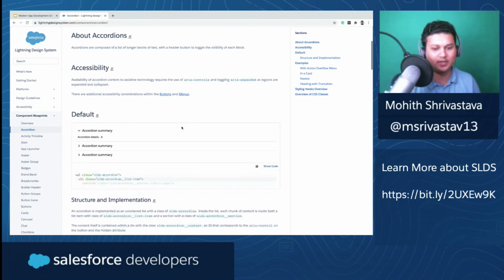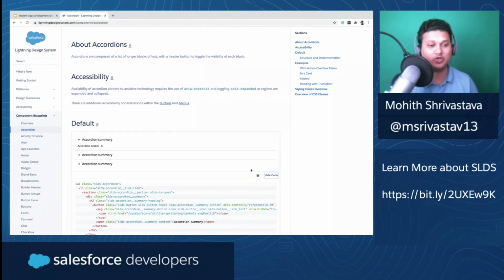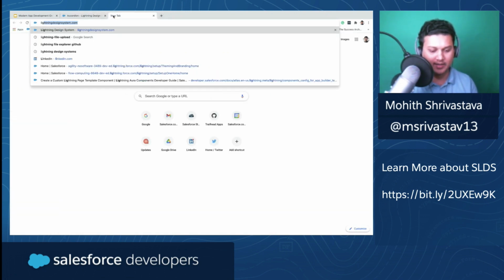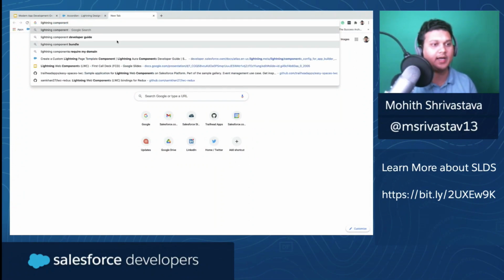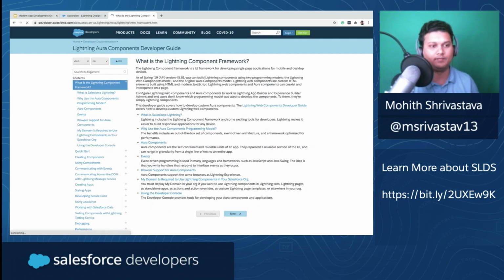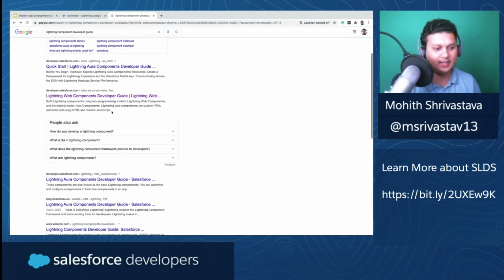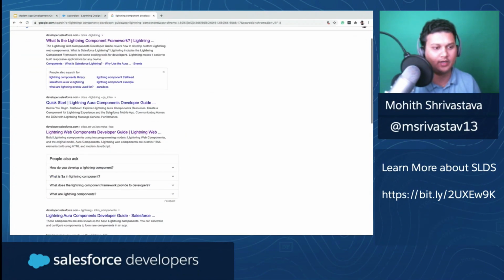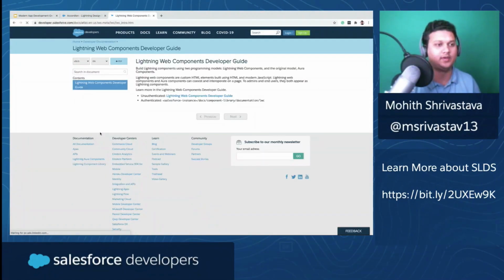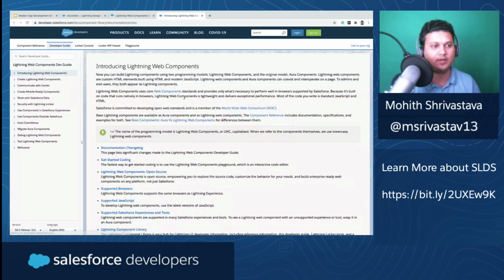Now the blueprints also have code in it, but you'll find that for a lot of these blueprints there's already a base component. So if you actually go to Lightning components developer guide, you will find that this is the Aura component. So this is for Aura component, but let's say that you need one for Lightning Web Components. So this is the URL for the Lightning Web Components essentially. So you basically go to this website that is on